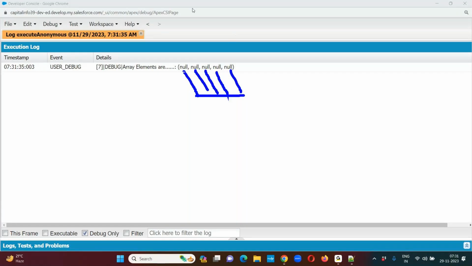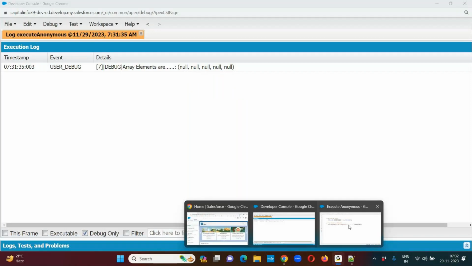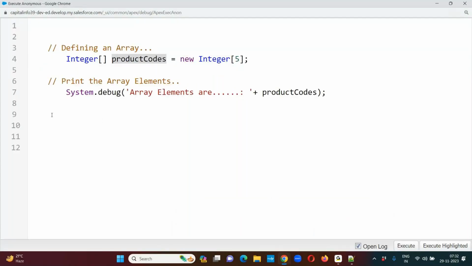Next, now I would like to know the size of this array. How can we collect this array size? What is the size of this array? What is the size? 5. Now I would like to collect that size. Now system.debug